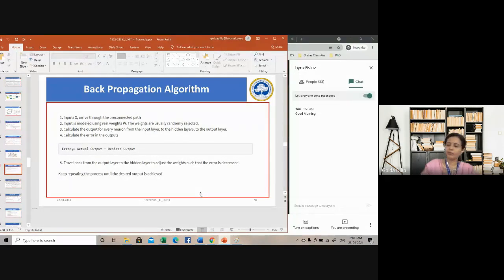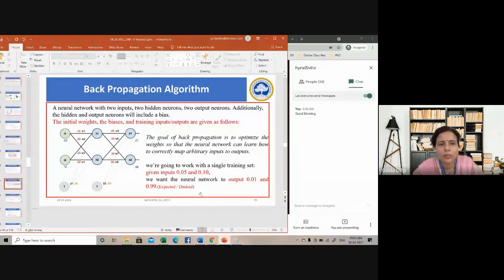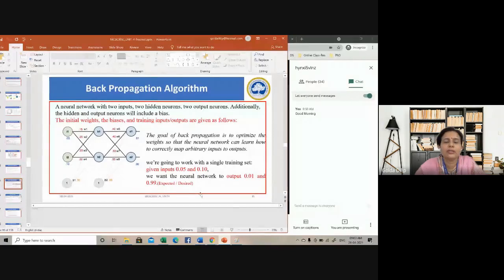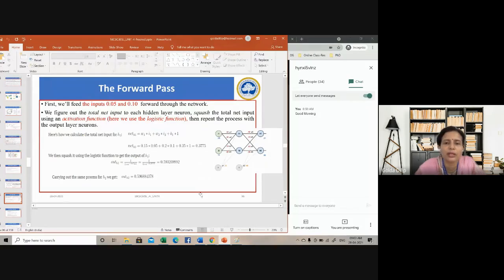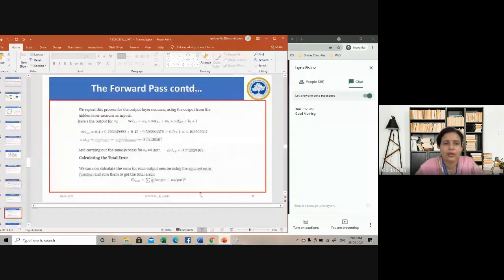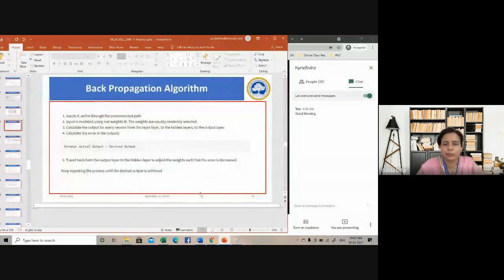Today I'll work out a small problem. Here we have a big network worked out in the slide, so that you can do it as an assignment. I will work out another small network, both the forward pass and the backward pass, in a similar manner. Don't just copy from here. Try to understand what I'm teaching in the class, and based on that, do this and submit it as an assignment. So let me take the network.